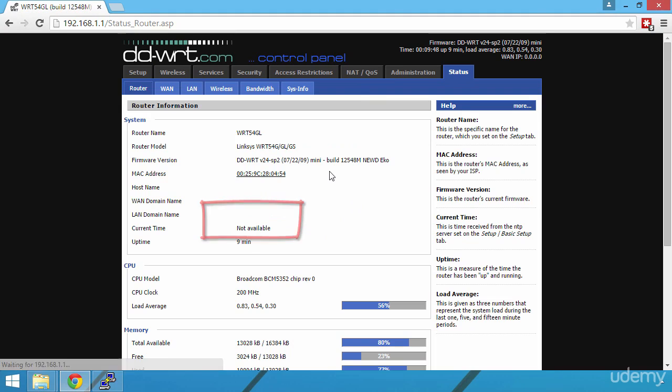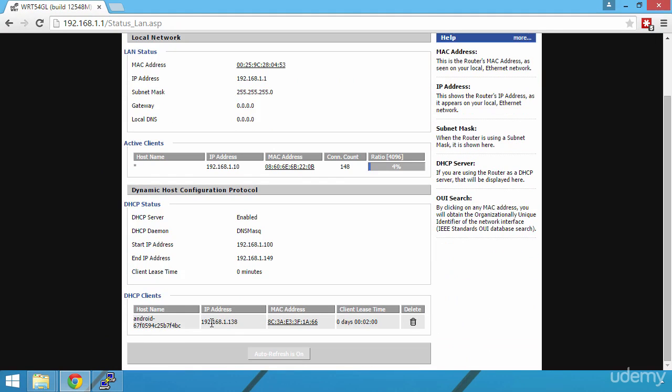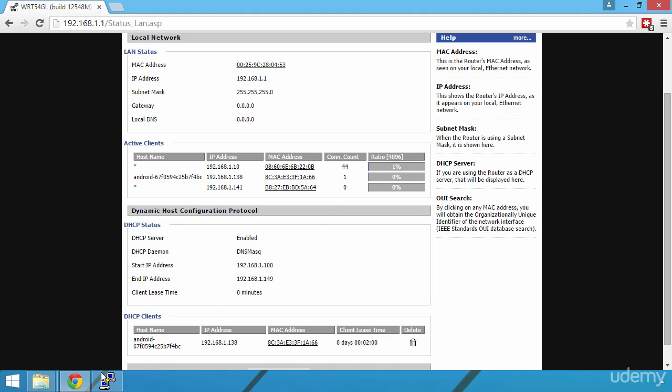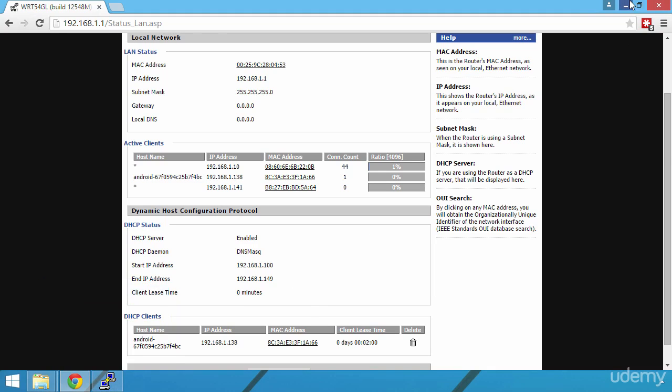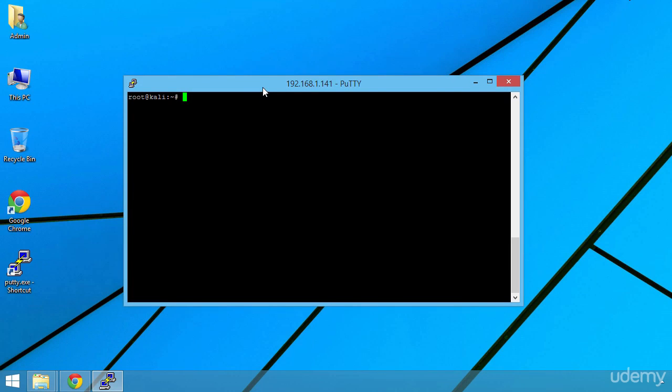So what we achieved so far: we set up a whitelist of MAC addresses, a list containing only one address right now, which is my phone's MAC address, that is allowed to connect to the access point. By using this option, we limited access to the wireless network to only my phone and no other devices. We thought that this would increase the security of our wireless network, as no external devices would be allowed to connect to it. Great! Now let's open PuTTY, which is already connected to my Kali Linux machine,